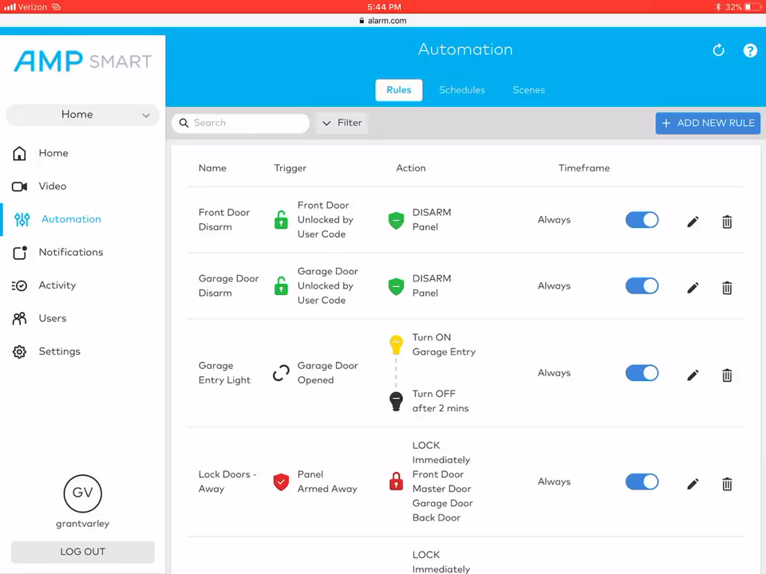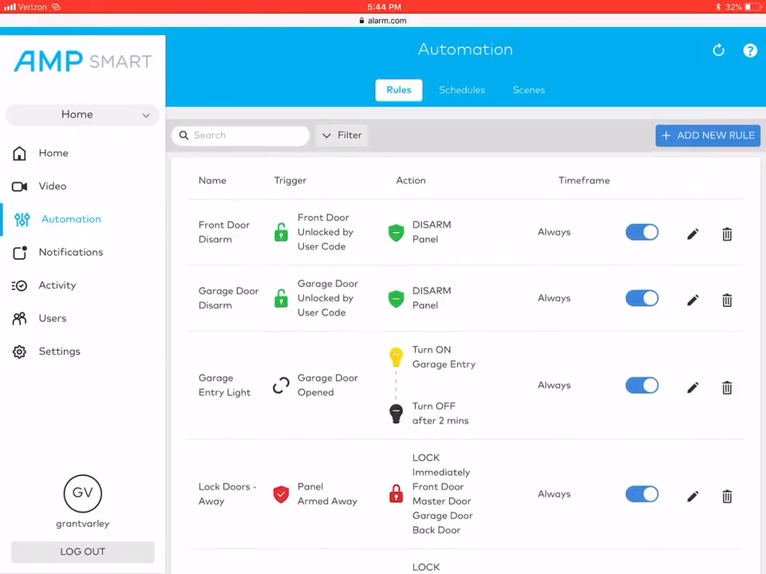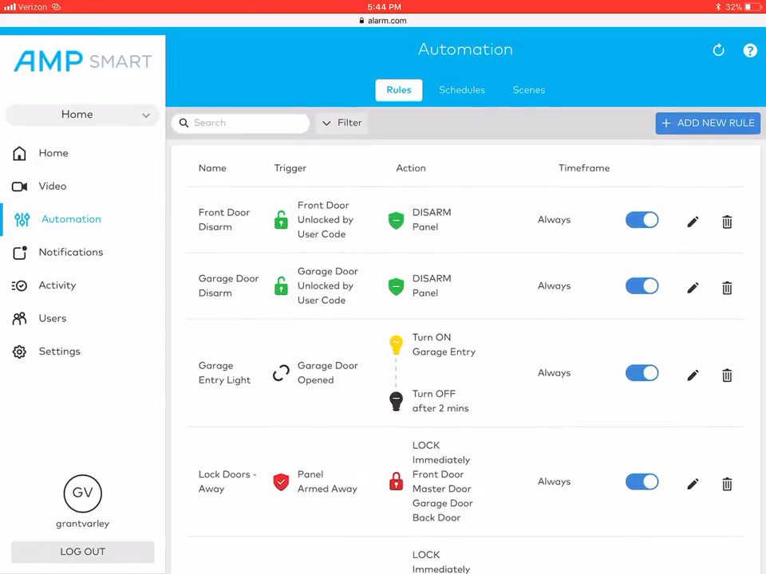So what that means is whenever we set the system stay, all of my doors are going to automatically lock themselves. I would also make this rule for away mode. You just follow the same steps. It's just instead of the action or the trigger being arm stay, we're going to choose arm away. Another rule that I like